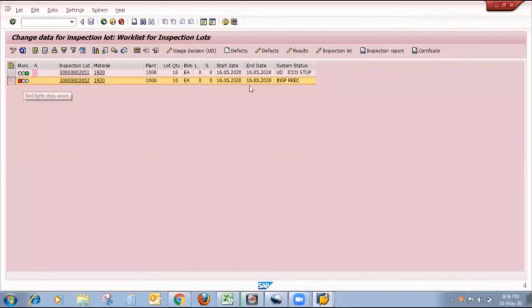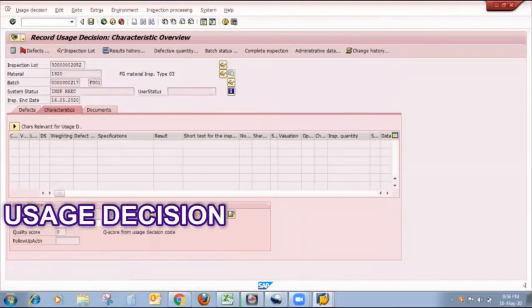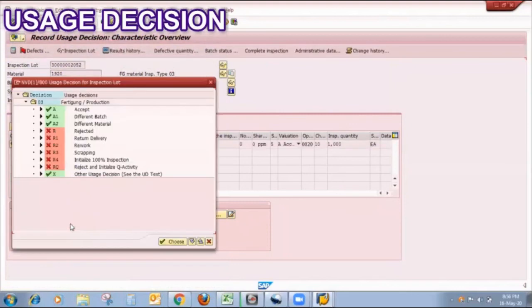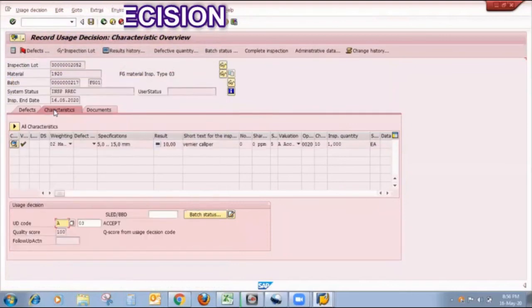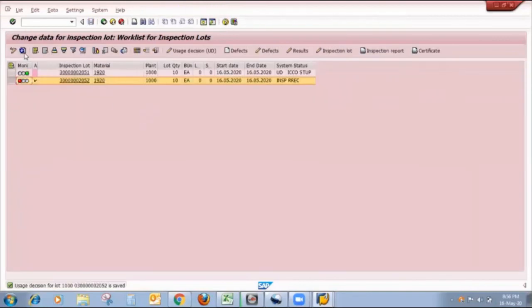So now I want to do UD for that particular inspection lot. As you know, this inspection lot is not stock relevant, so there is no stock posting tab available here. Now I want to save it. I want to refresh it. So you can see on the screen, the system status is changed, UD is done properly.